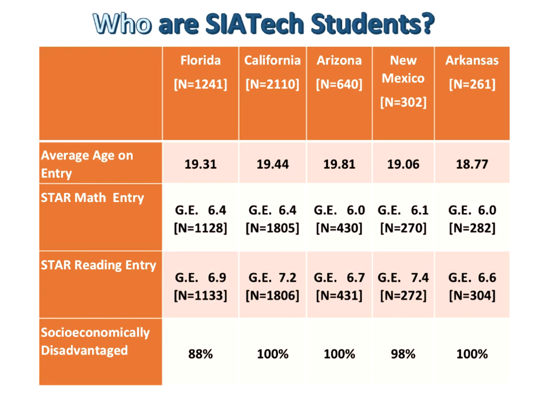You see here that the students are a little bit older. Our average age when they come back in is about 19. The big issue in serving our students is that when they re-enter high school, their learning level, their grade level, is significantly below the high school level. So you see in math, it's a little bit over 6th grade, and in reading, it's at or below 7th grade level.